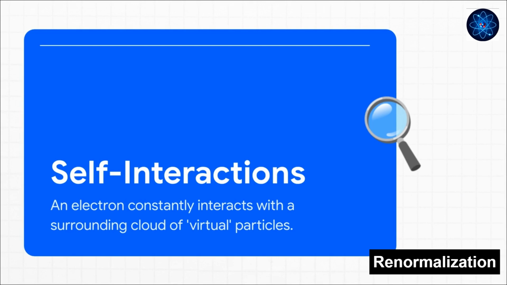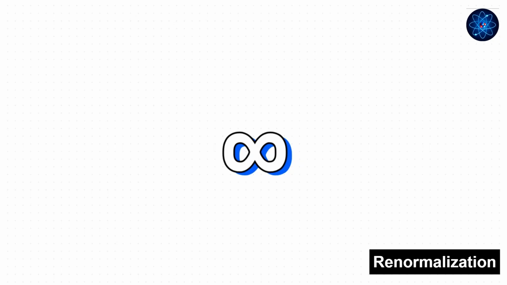The source of all this infinite madness comes from the truly bizarre nature of the quantum world. You see, in the quantum world, an electron is never truly alone. It's surrounded by this fizzing soup of virtual particles that just blink in and out of existence all the time. The electron is constantly interacting with this personal little cloud. And when physicists tried to add up the effects of every single one of those tiny interactions, the sum didn't just get big, it just exploded. It went to infinity.